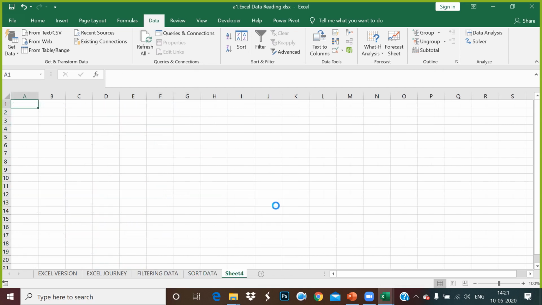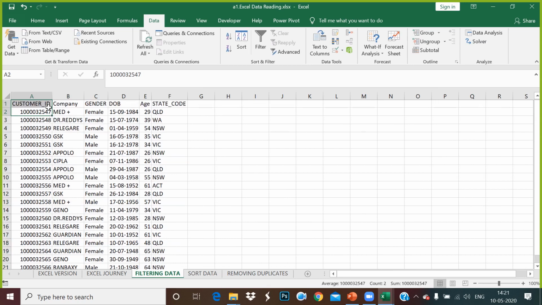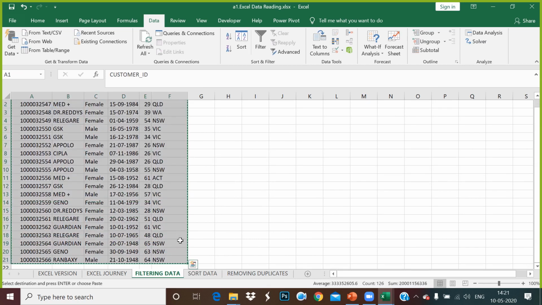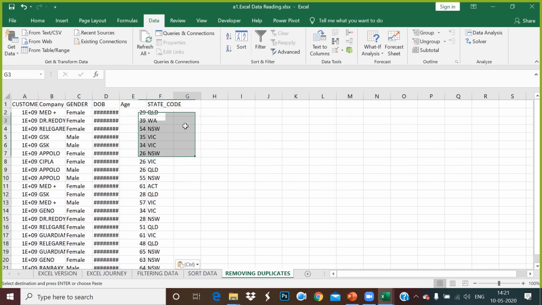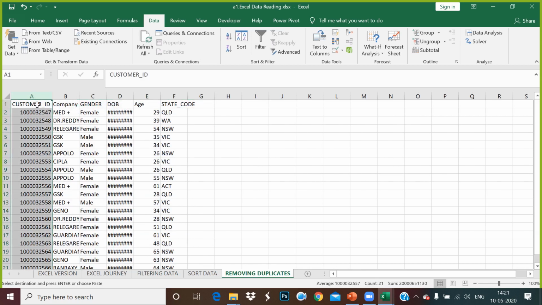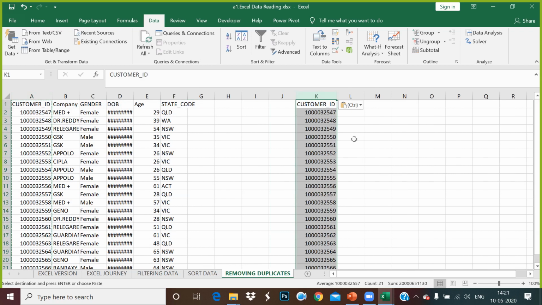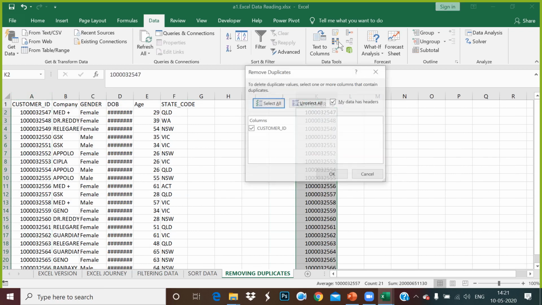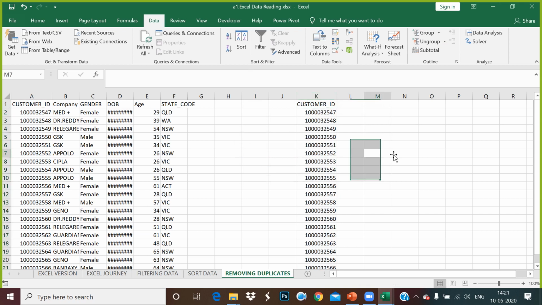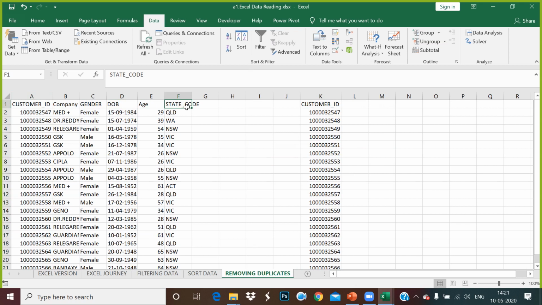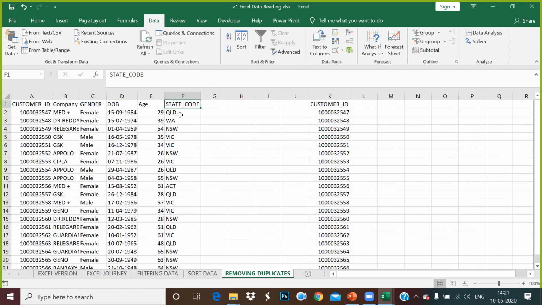Now the third part, which we'll talk about, is removing duplicates. So how will you know whether your data is unique or not? So guys, always remember, whenever you get the data, always check the first field. Always take the first field, copy and paste it. See whether in the first field you have duplicate records or not. If the first field says no duplicate, that means your data is all unique. So it is all related to the customer ID. Customer ID has information about company, gender, date of birth, age of the customer, as well as the state code. So hence it is going to be unique.